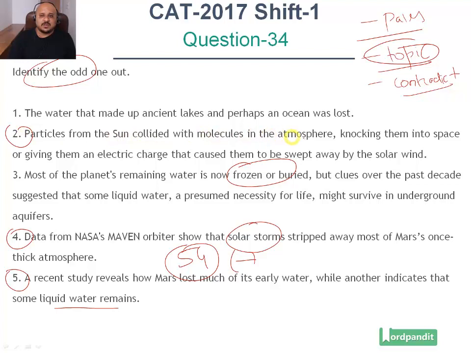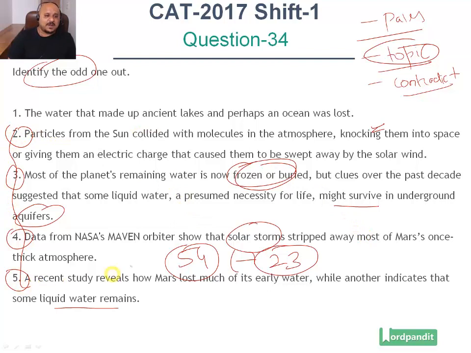Particles from the sun collided with molecules in the atmosphere, knocking them into space or giving them an electric charge that caused them to be swept away by the solar wind. Most of the planet's remaining water is now frozen or buried, but clues over the past decade suggested that some liquid water, a presumed necessity of life, might survive in underground aquifers. So 2 and 3 then further give you information on what happened, right? Either that water was knocked away or it was frozen or buried, and there might be some water still in aquifers. So 5, 4, 2, 3 give you the connected set of statements,